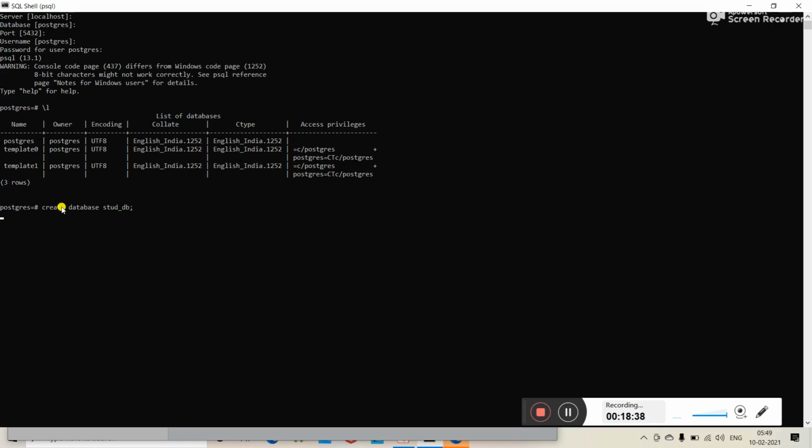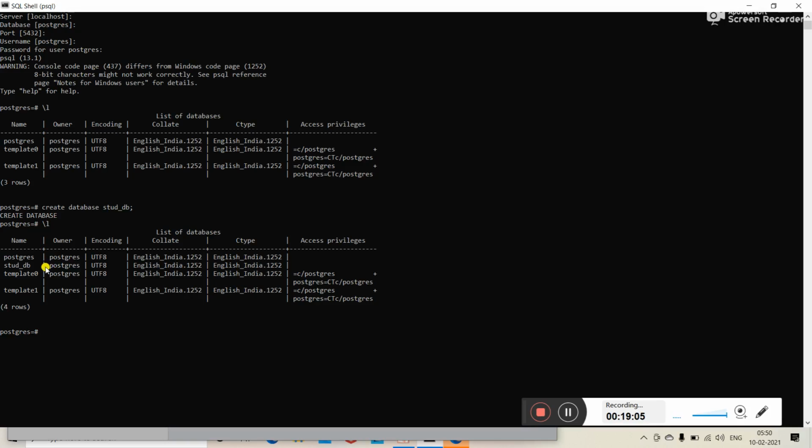Now you will get a message after creating the database successfully. You will get this message, that is CREATE DATABASE. That means you have successfully created a database. Okay, now again we are going to display the list of databases, that is \l, and press enter. Now see, a new database is created with the name stud_db.